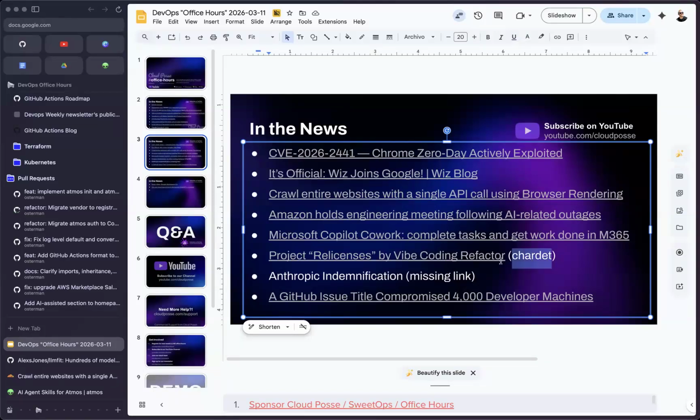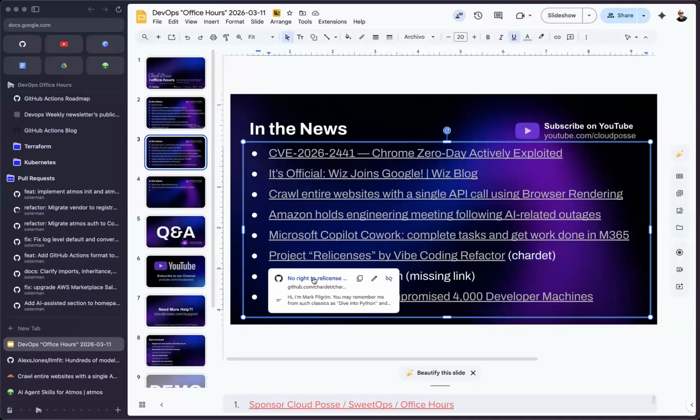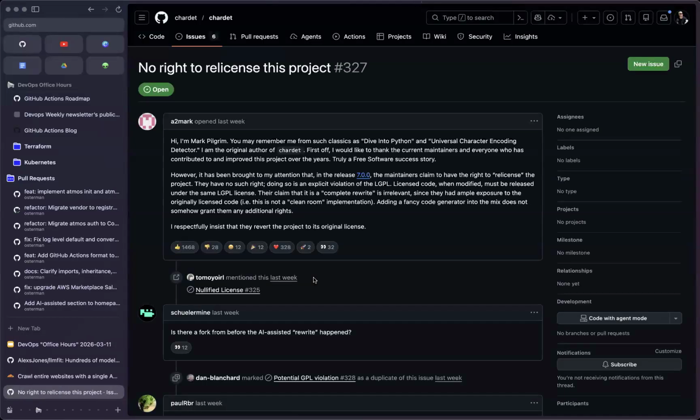So this week on Hacker News, there was an interesting post with a lot of conversation. So chardet, or I don't know how you say it, character detection, is a Python library that makes it easy to detect the character encoding of content.